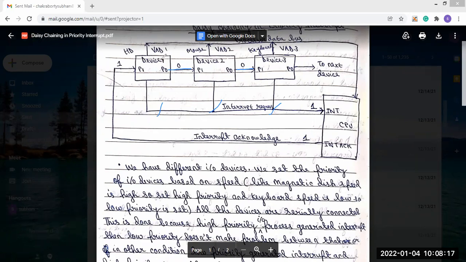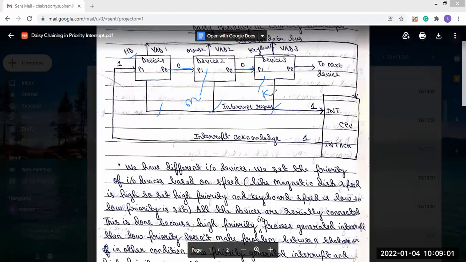So to implement this, we use the daisy chaining method. Here the first device we used is the hard disk, the second device is the mouse, and the third input output device is the keyboard. So these are the three input output devices we use: first the hard disk, second the mouse, and third the keyboard. Now the hard disk priority is high, because among all the input output devices here, the hard disk speed is high.